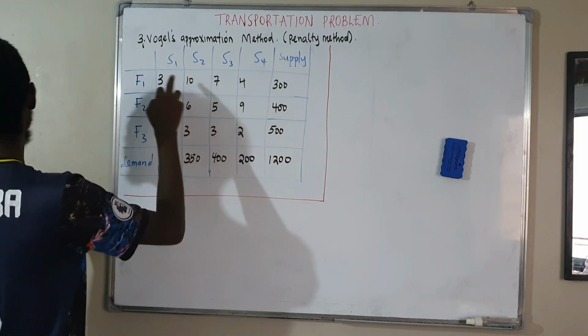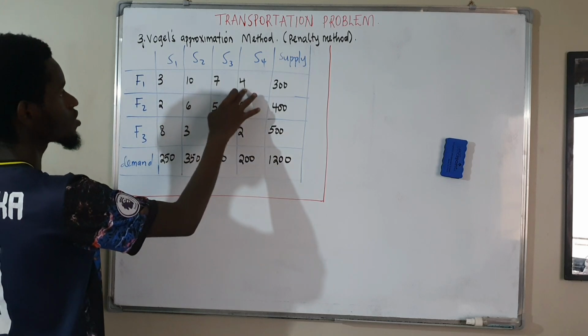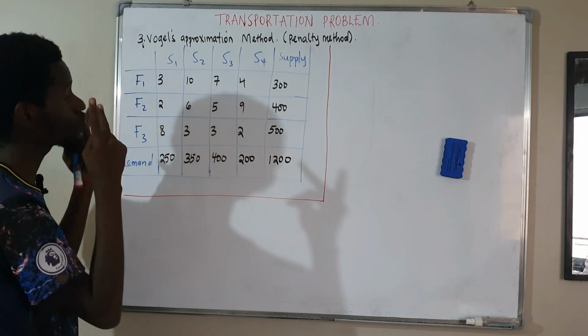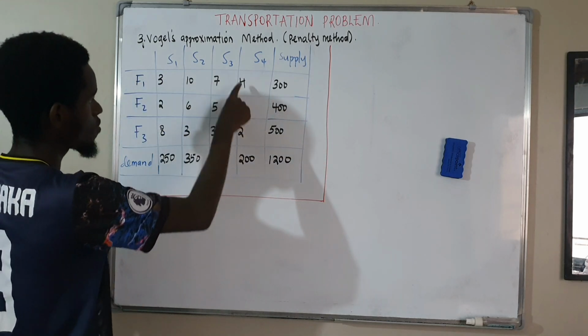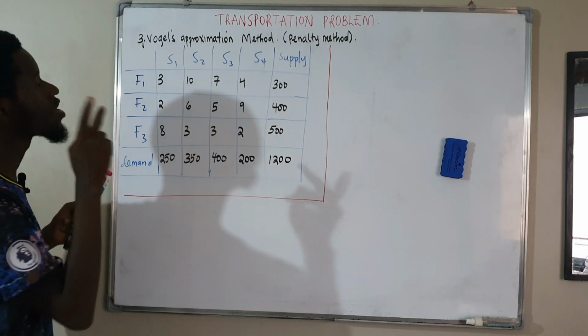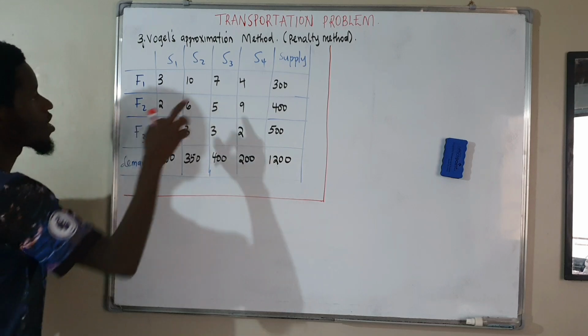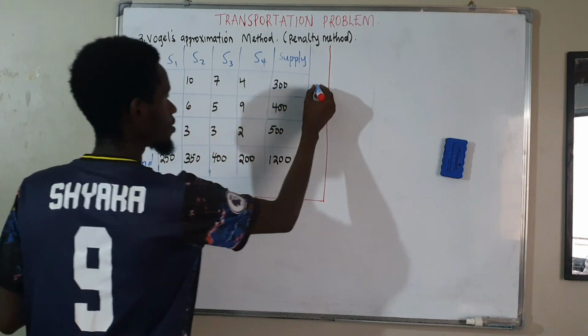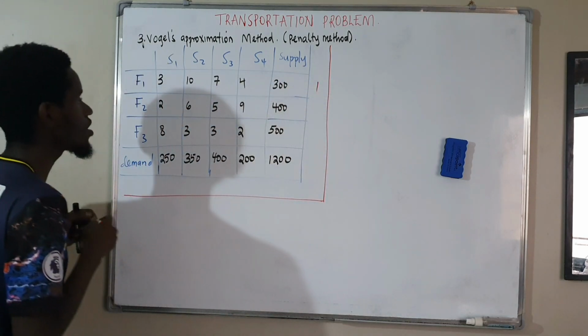Now the difference between my two least values is going to be 3. Okay, my two least cost values in this row are going to be 4 and 3. Therefore, what I have to do is take the difference between those two least cost values and put it in the column, and then 4 minus 3 is going to be equal to 1. Yes. Now also I need to get the